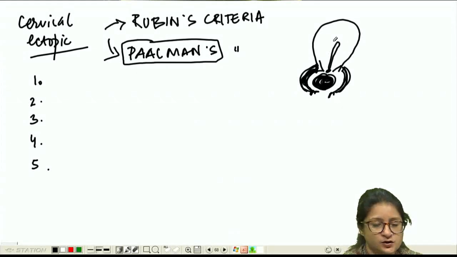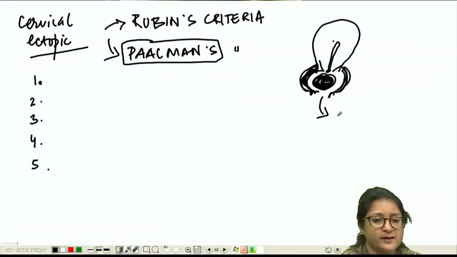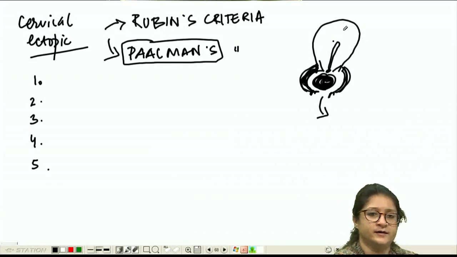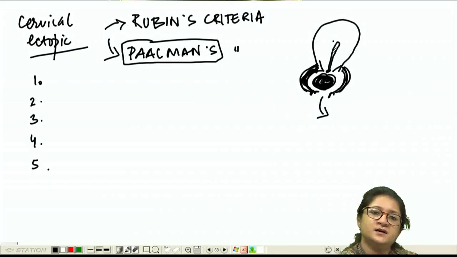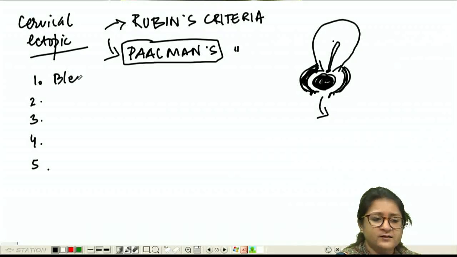Cervix becomes enlarged, the uterus is smaller, and we have to appreciate that in this case, since the location of the pregnancy is too much down below in the endocervix, there is going to be bleeding, and the cause of pain during abortion is because of uterine contractions. Now since the uterus is empty, there are no contractions, and therefore cervical ectopic usually presents with bleeding without pain,